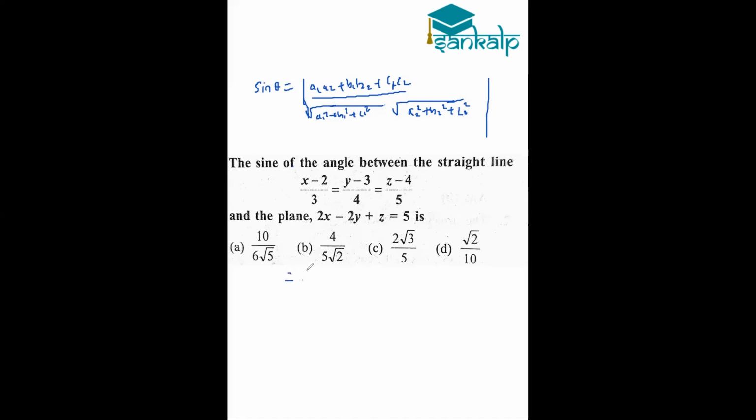mod of 3 into 2 plus 4 into minus 2 plus 5 into 1, all divided by the square root of 3 square, that is 9, plus 16 plus 25, and the square root of 2 square, which is 4, plus 4 plus 1. On simplifying the numerator, we get